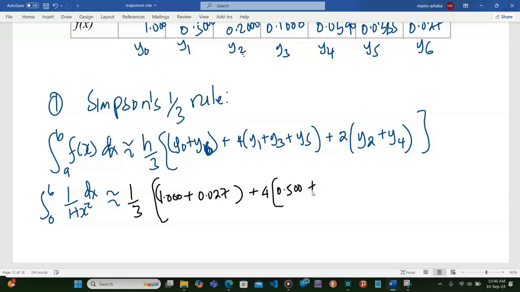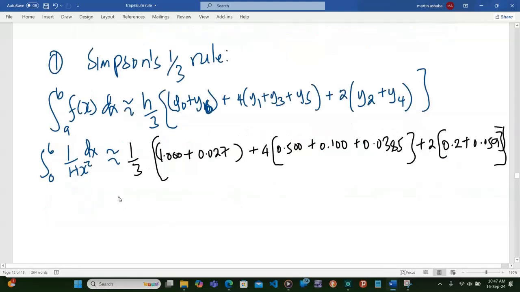We add y3, which is 0.100, plus y5, which is 0.0385. Then we add 2 into y2, which is 0.2, and y4, which is 0.059. So this approximates to